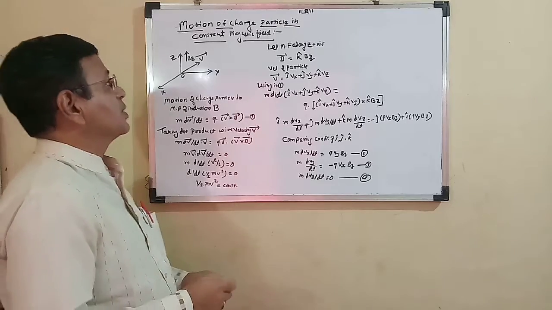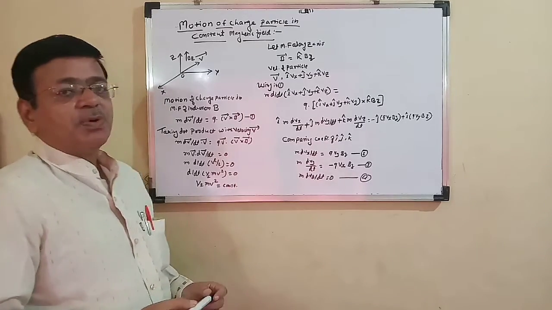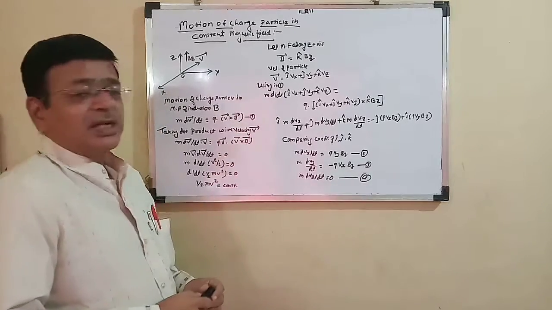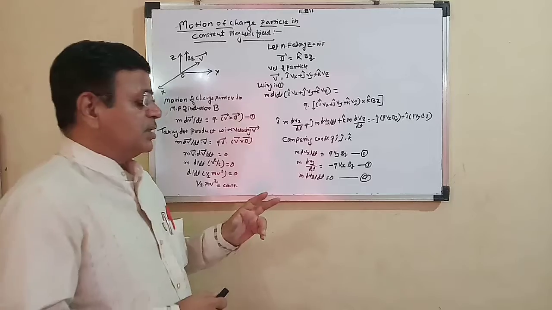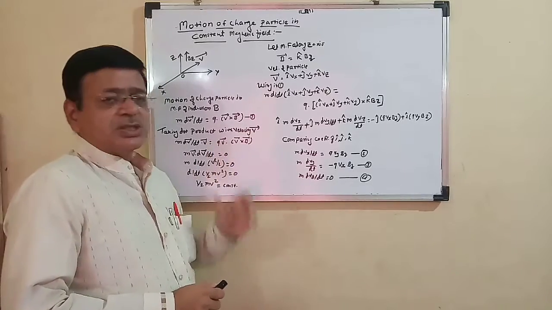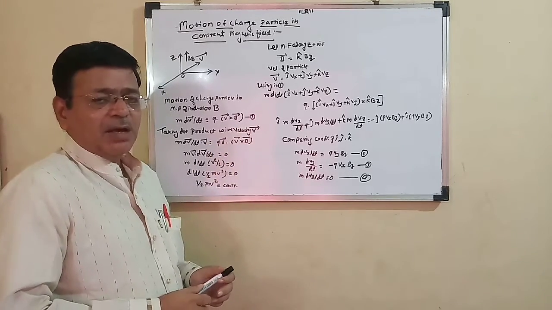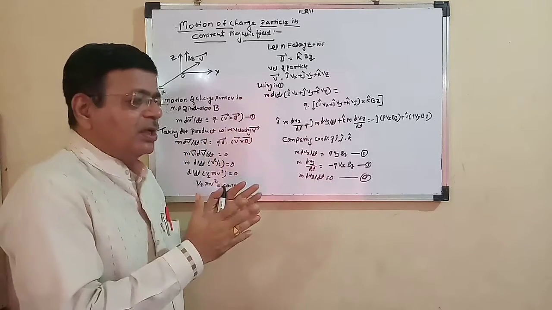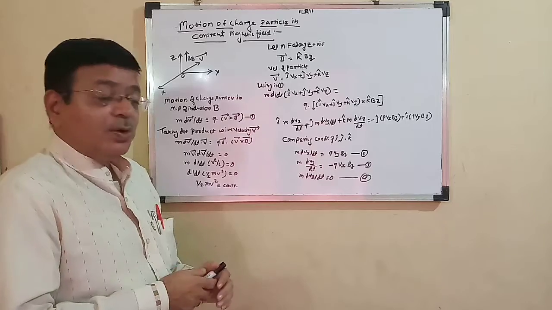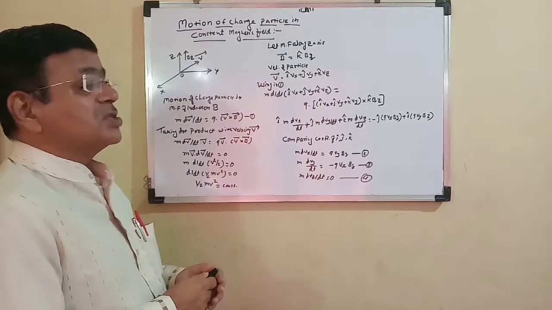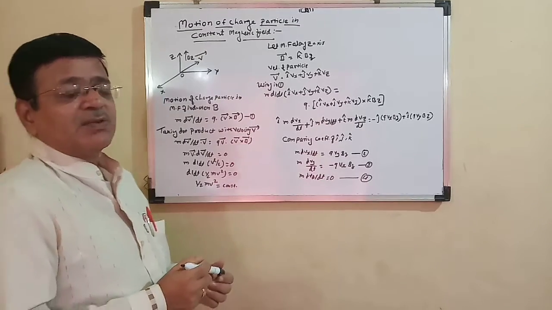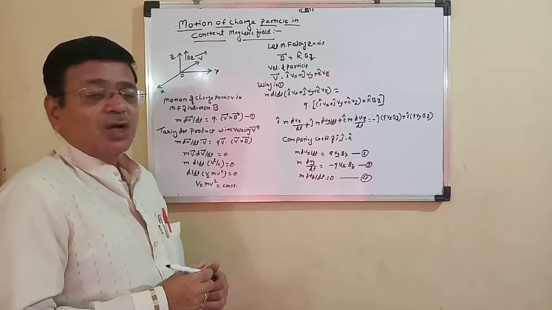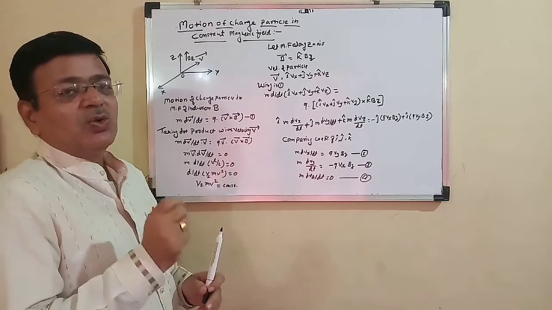In the previous lecture, we already discussed the motion of a charged particle under the influence of a constant electric field. There we had to consider two directions of application of the electric field: parallel to the motion of the charged particle and perpendicular to the motion of the charged particle. We know very well that the force developed due to the application of the electric field to that charged particle is F equal to Q dot E, that is, the charge into the applied electric field.